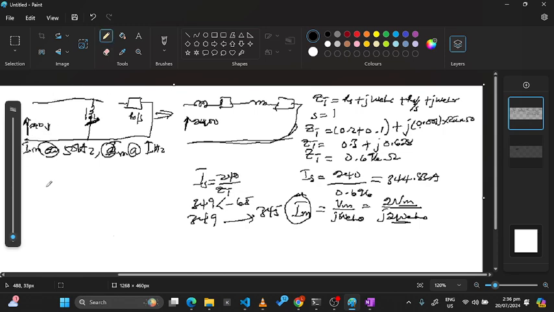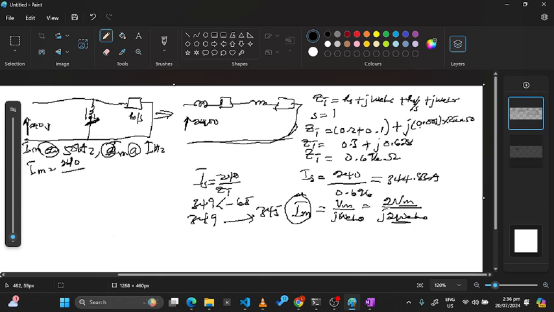Okay, so then our circuit reduces to this. So what will be Im at 50 hertz? Im at 50 hertz should be equal to this voltage, 240 volts,